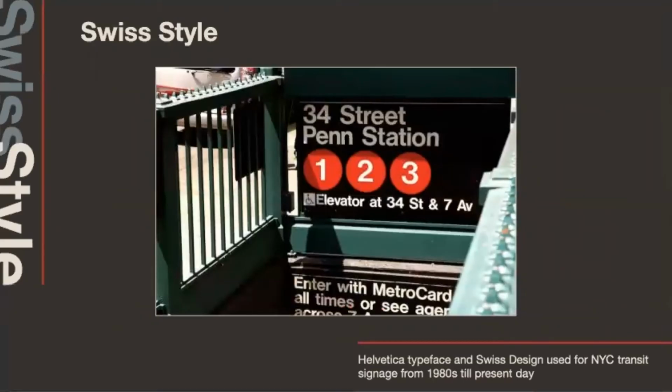Swiss style, also known as International Typographic Style, was developed in Switzerland beginning in the 1930s and is still very prominent today. Swiss style uses a system of visual strategies to simplify communication on a global scale. Through experimentation with grids, asymmetrical layouts, sans serif typography, minimalism, and more, Swiss design created a new form of visual